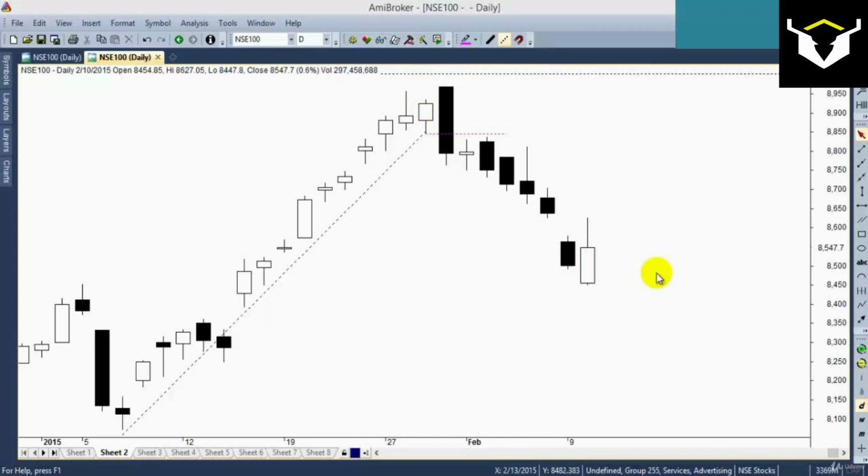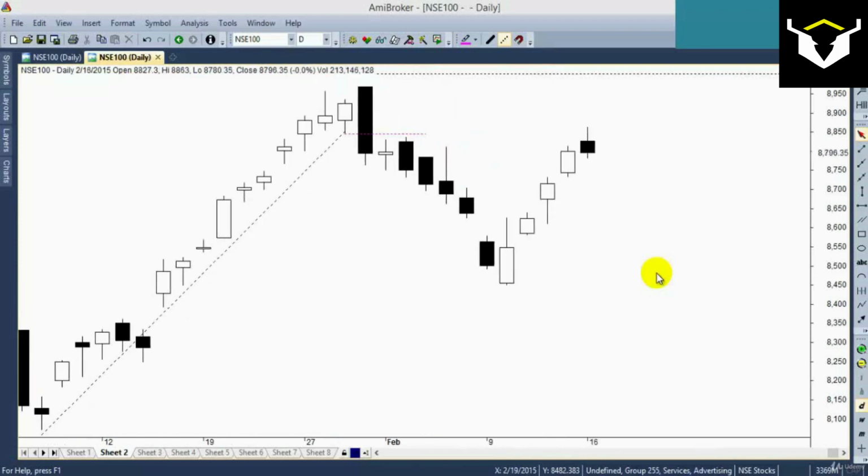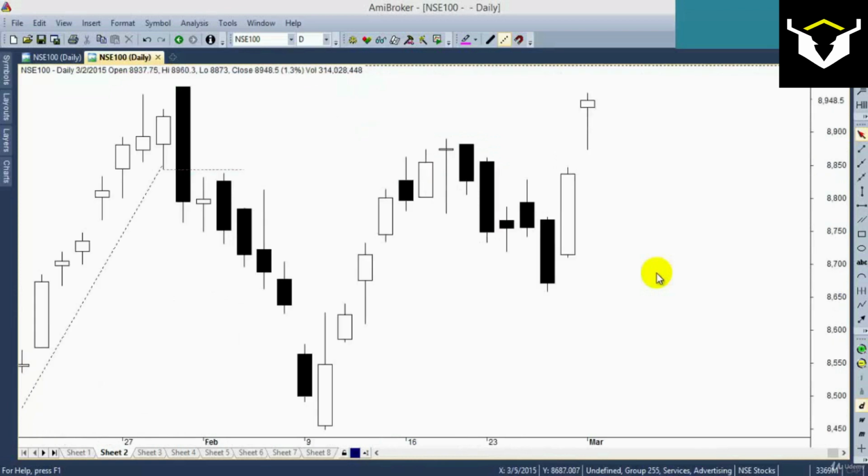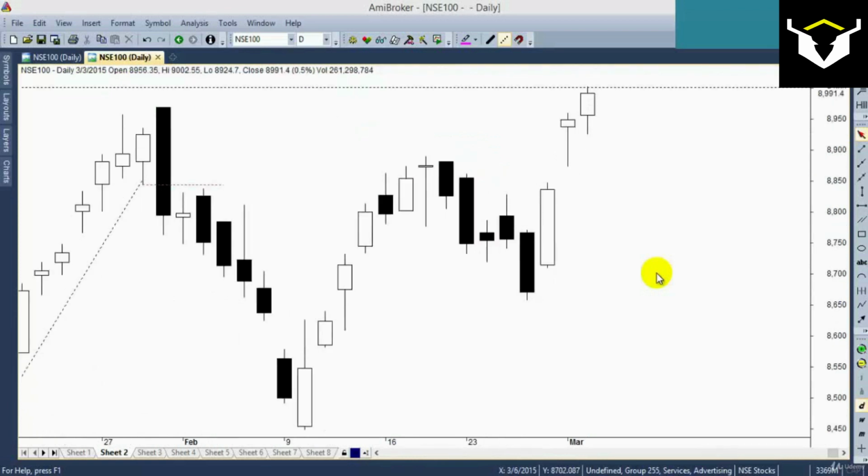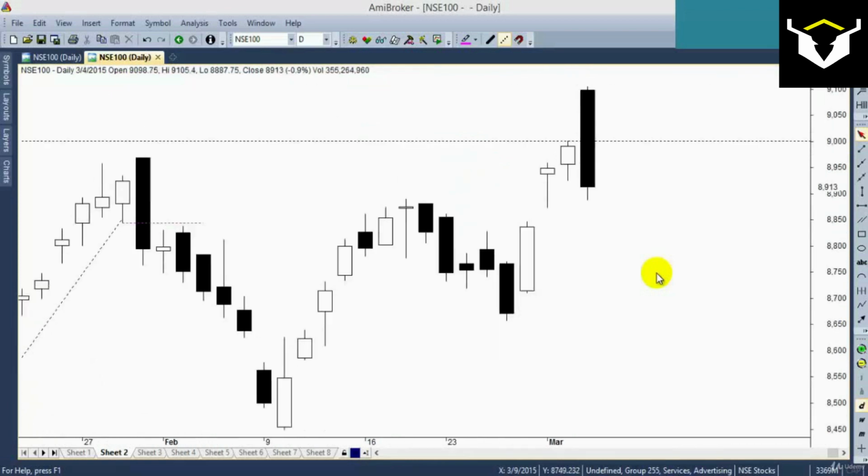We will learn about piercing line pattern, but first let us take one more example of dark cloud cover pattern. I'll add some bars. Prices have changed the direction. Gap up, hits 9,000, and we have one more dark cloud cover pattern in existence. Can see prices closed up,